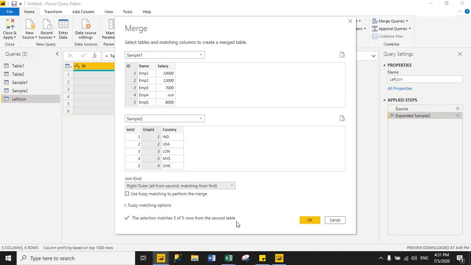That means in both tables 5 records successfully match. But according to the right outer join definition, it returns all rows from the right table and matching rows from the left table. So just click OK,